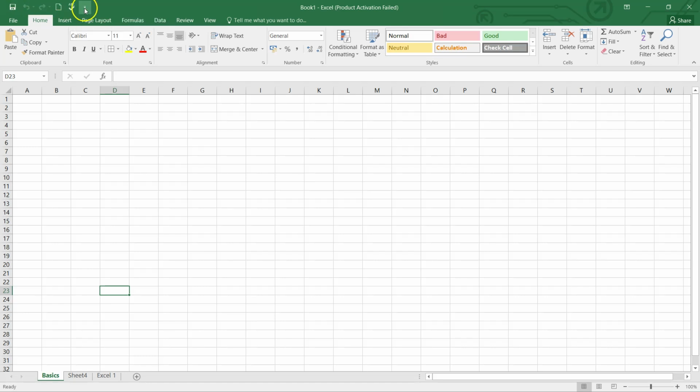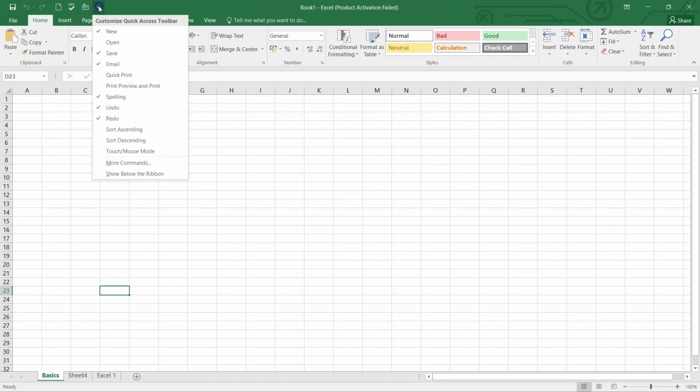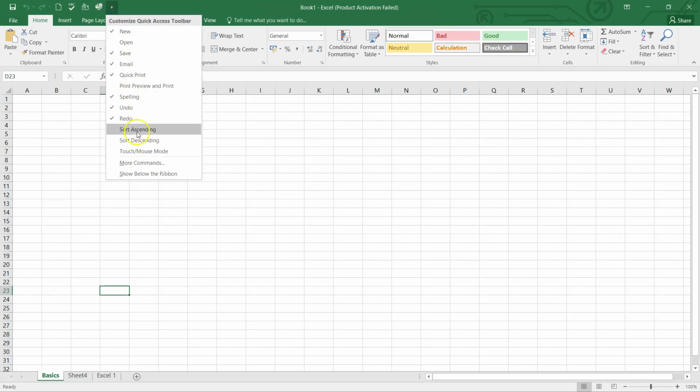So how do we customize it? On top of your ribbon, you will see this particular icon. The icon is known as Customize Quick Access Toolbar. There is this down arrow that you can see. Simply click on that down arrow and you can select whatever customization you want to do. Suppose you want to add email, you can add email. If you want to add a quick print, you can just add a quick print. Whatever tools you require, you can simply click on the tools and you will get them from the list that is present here.